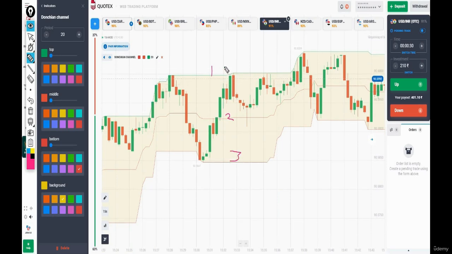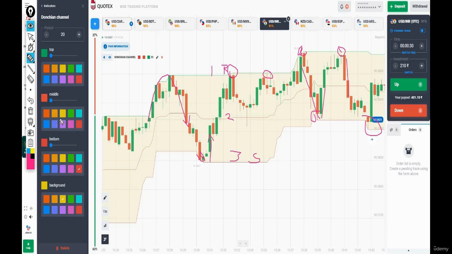So this topmost line will act like a resistance. You can see whenever the candle reaches this topmost line, there is a downward movement. You can see several places. And when the candle reaches the bottommost line, you can see there is a pullback. You can see at this place, here, and this place. Whenever the candle reaches the bottommost line, this line will act like a support and